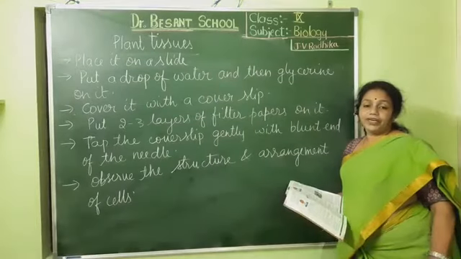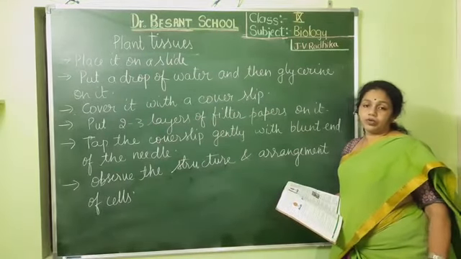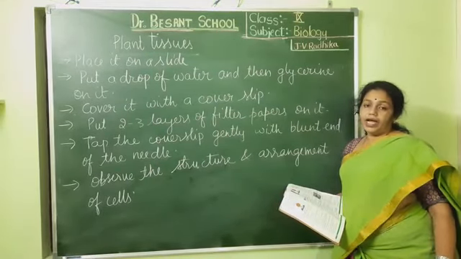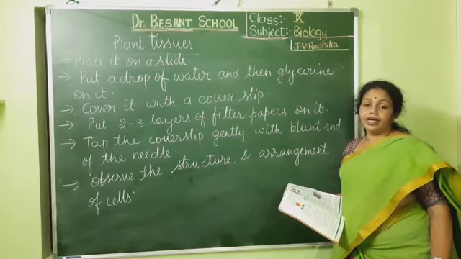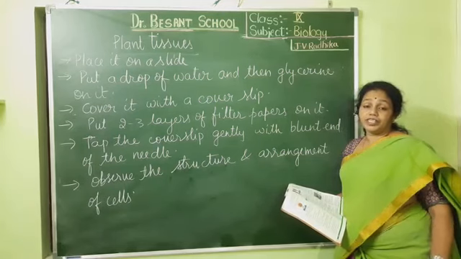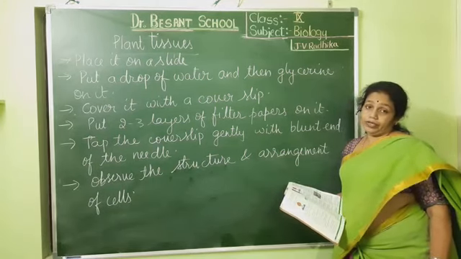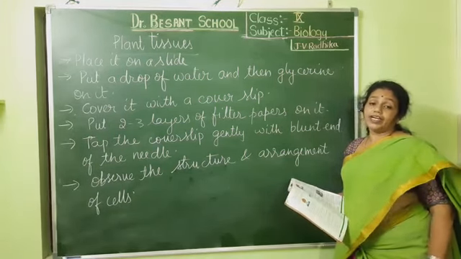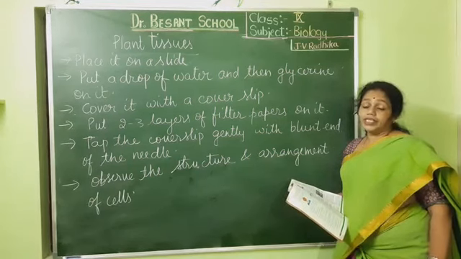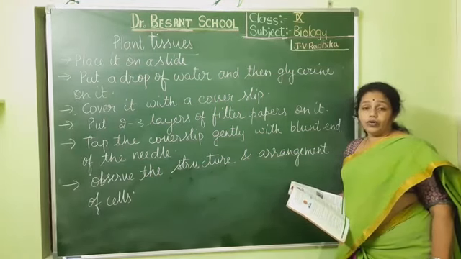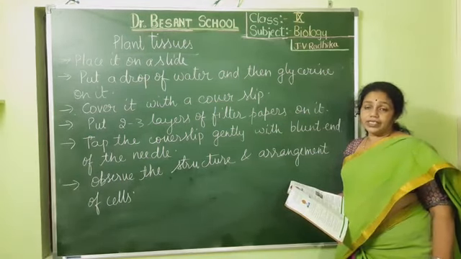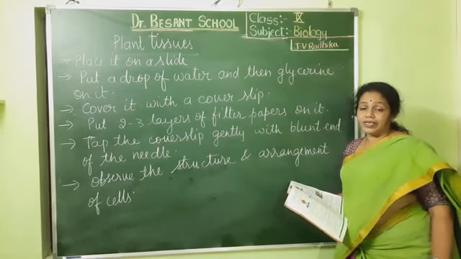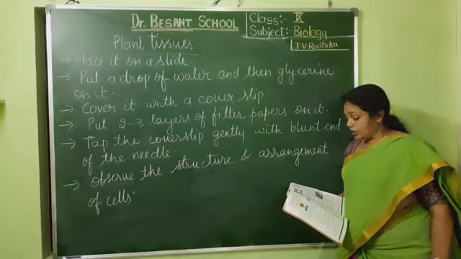See, in the root tip, we can find that some of the cells could be smaller, some of them bigger, and more number of cells could be there because in this region we can find the division, that is, the number of cells are increasing, growth is there. The cells are continuously dividing and producing more and more cells, and they are very thin and very simple cells. During the growth, we can see that they are the simplest cells. Okay, that's how it is.